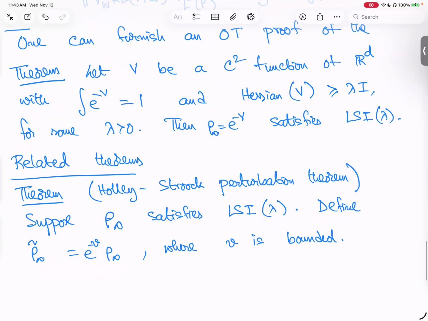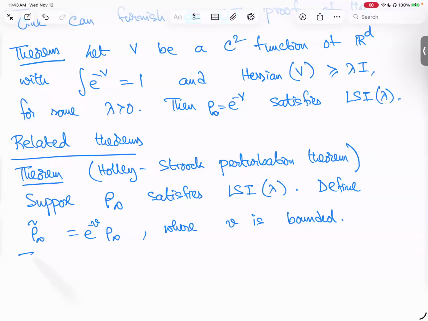Then rho tilde infinity also satisfies LSI, logarithmic Sobolev inequality,